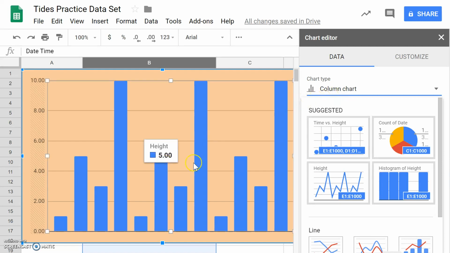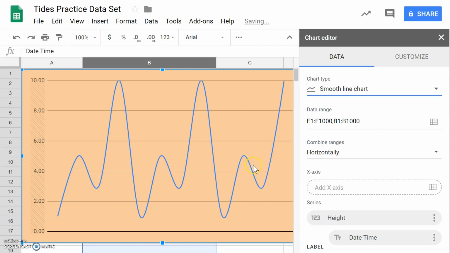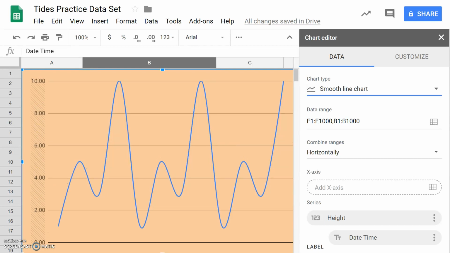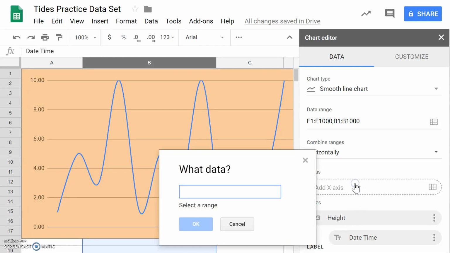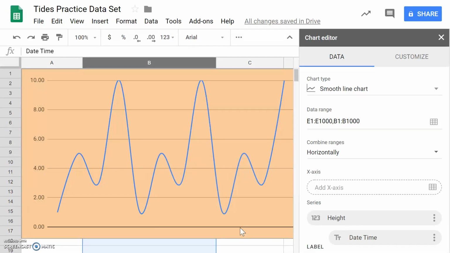If instead of looking at a bar chart here, you want to say look at a line chart, there's a line chart that you can look at. My heights are over here off to the side, and then you actually can't even see my date and time data, which is fine. It won't hurt anything. So, and that's it. So there's your chart using